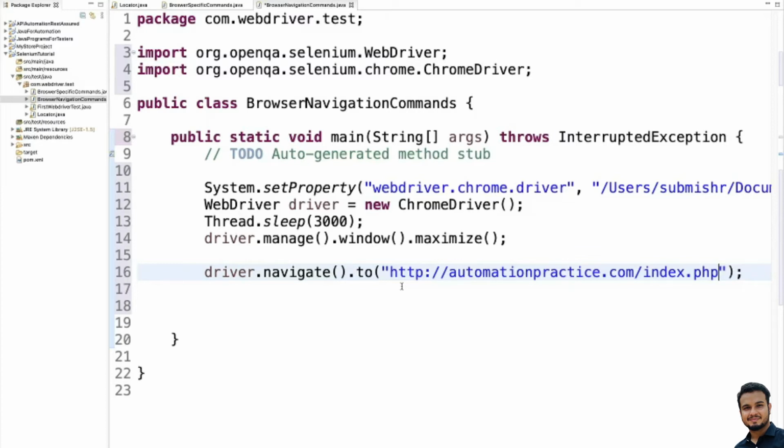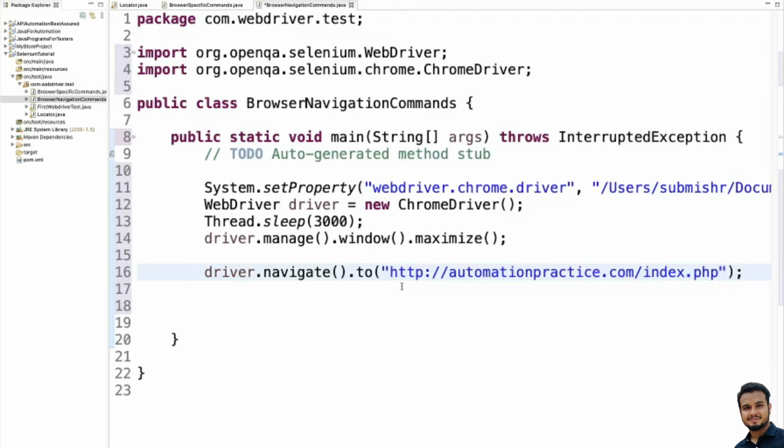Also, the get method will not track the browser history, whereas the navigate method will track the browser history and can perform back and forth in the browser. We'll see how we can go forward and back. That is the functionality available in the navigate method.